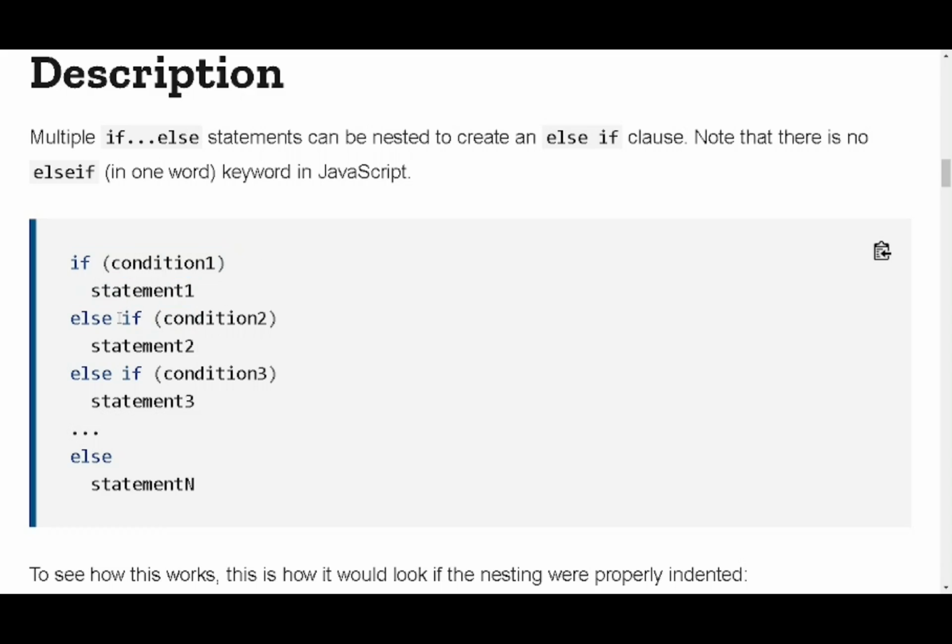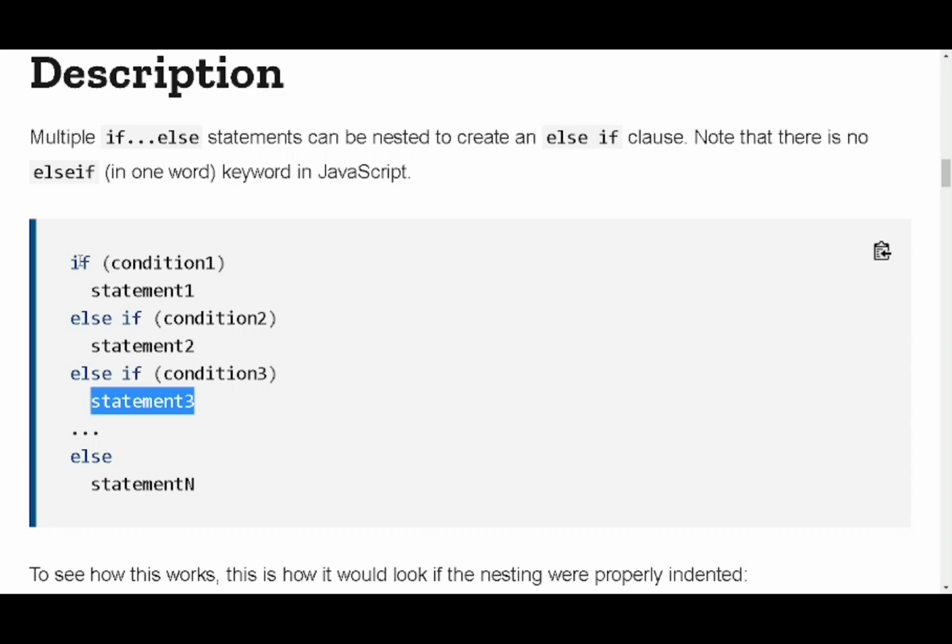So else I will initiate another condition check, and if that condition is true, I can have statement 2 executed. Then again, if statement 2 is not getting executed because condition 2 is false, and suppose I need to execute statement 3 provided condition 3 holds good, then again I can put an else, then put the condition check inside another if, and when the if condition evaluates to truthy, I can write statement 3 to get executed.